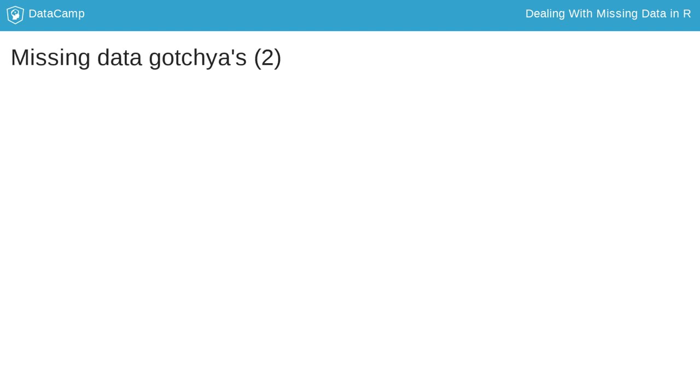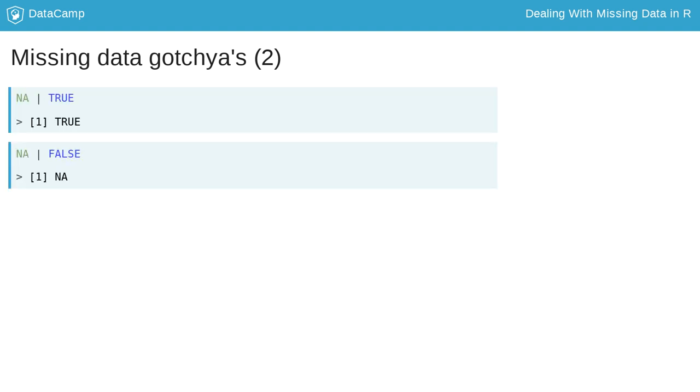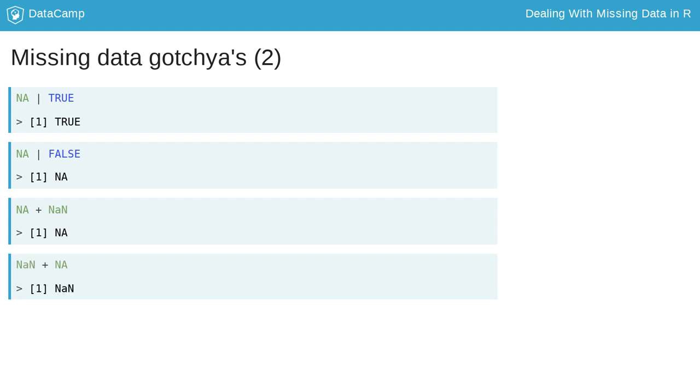Finally, beware of conditional statements with missings. For example, NA or TRUE is TRUE. NA or FALSE is NA. NA and NaN is NA. And NaN and NA is NaN. Let's